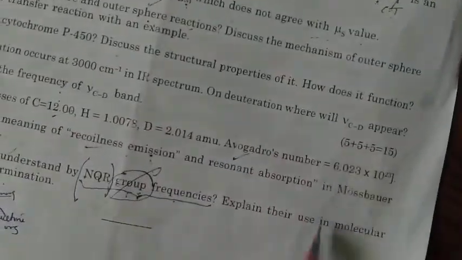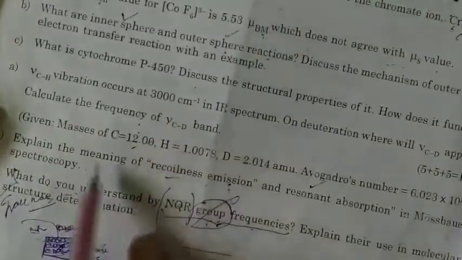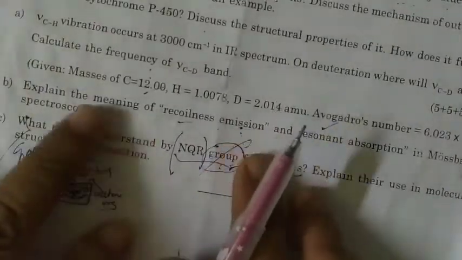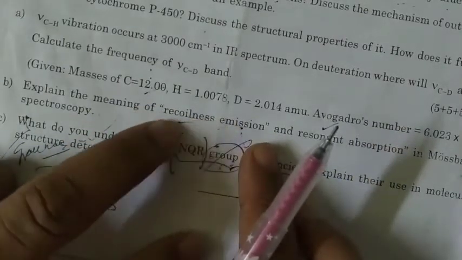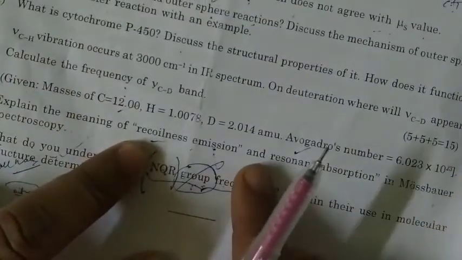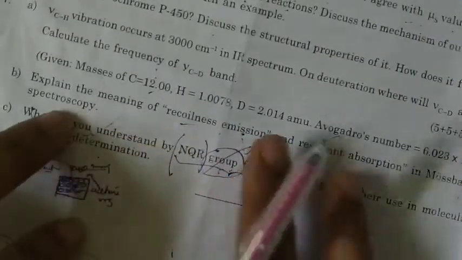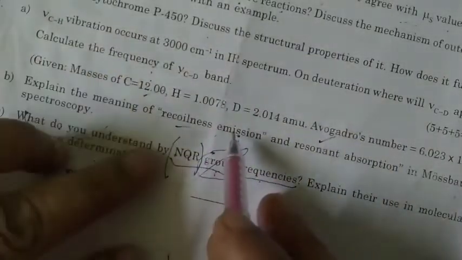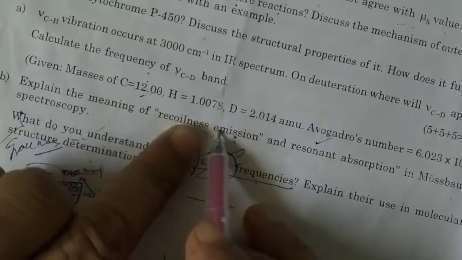How many marks you can see here. This has all 5 marks, 3 questions here. Even recoilless emission is also simple. One bit diagram you have to explain here: explain the meaning of recoilless emission. That is your Mossbauer effect, you have to explain here, and resonance absorption in Mossbauer spectroscopy. This also we have taken with the diagram, and we have given you the notes. So this also you can comment and ask me if you have any problem in this question.